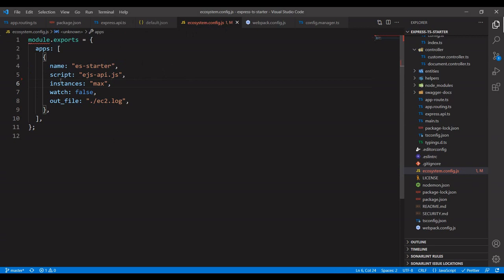Then there is the script file and the number of instances. If I need to watch the files and restart when anything is changed, I can mention watch as true or false. The output file is the log file, es2.log. This is my log information.